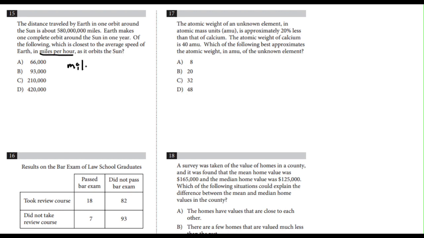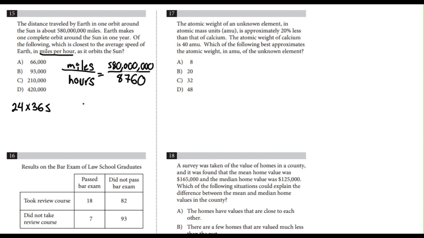So we need to take the total number of miles that it travels in 1 year and divide it by the total number of hours that the Earth travels in 1 year. We see here that the Earth travels a total of 580 million miles. And then now we need to figure out how many hours there are in a year. So we know that there's 24 hours in a day and there's 365 days in a year. So to find the total number of hours, we're going to multiply 24 by 365, and this gives us